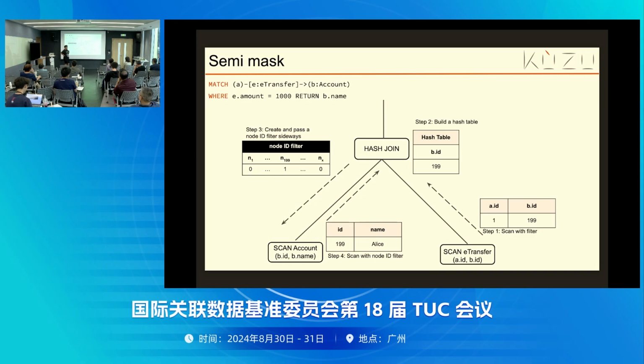Index nested loop join can be terribly slow when you do long join paths. Suppose you go more than one hop, you get two hops, you get this many-to-many, and you explode your index nested join, because there's no way for you to remove duplicated lookups, and each lookup could potentially trigger a disk I/O, which is almost unacceptable in practice.